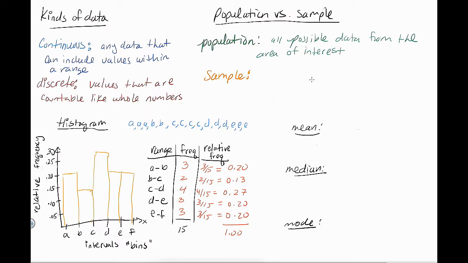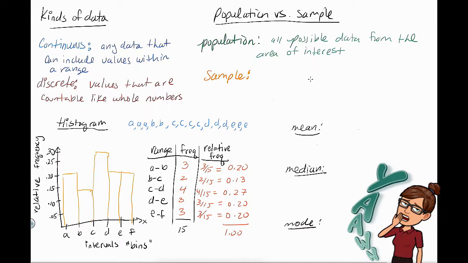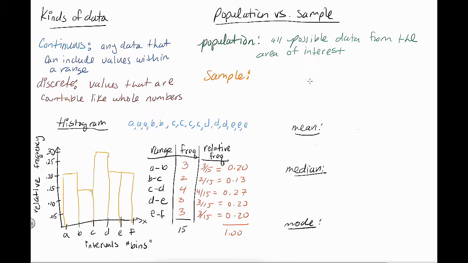Suppose you were interested in figuring out what the average screen time was of all of the, let's say, adults in the state of California. Well, that would be the population. But it is impossible to survey every single person in that population. It's not possible. So what we have to do is pull a sample. Now, how big of a sample and the techniques, that's for another day. But you need a sample.